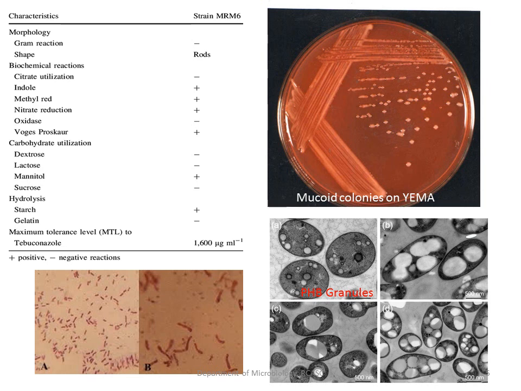Many other molecular techniques we have. The traditional method of identification is by performing various biochemical tests. First and foremost thing is, once you get such mucoid colonies on YEMA, go for gram staining. They are gram negative rods, as you could see in the images. They are gram negative rods, and they do produce PHB granules. That is another important feature. They are aerobic.